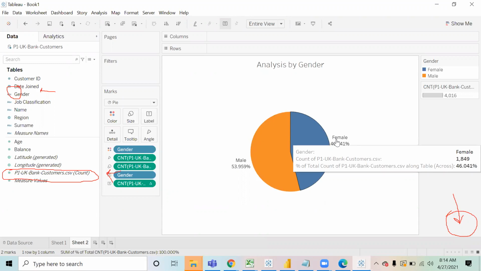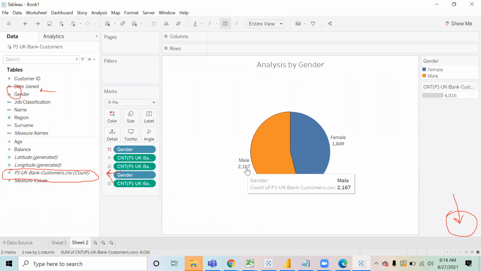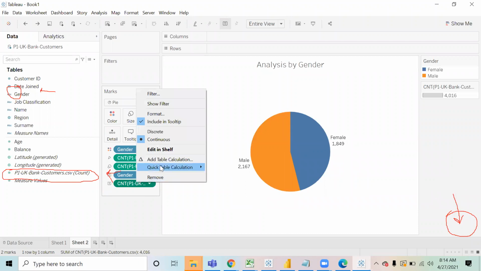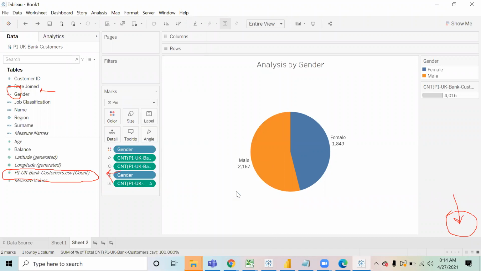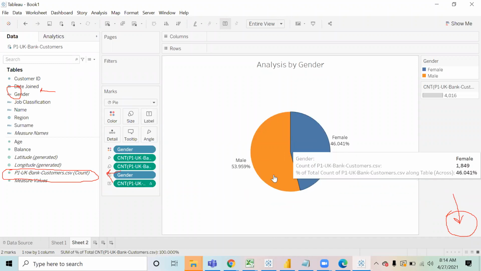One question here. I tried to do this percentages, but I was doing format and then changing it to percentage. That was not working. That was giving a much larger number. Because in that case, what you're doing is you are converting that same number into percentage. So it is going to multiply this number with 100. That is a formatting. But before we convert into a percentage, first of all, I need to do that calculation, that this number divided by the overall total. So to do that, that is why we use quick table calculation. We did that calculation over here, that I want to calculate the percentage of total. So that gives me the correct percentage. So if you add these together, it should come as 100%.